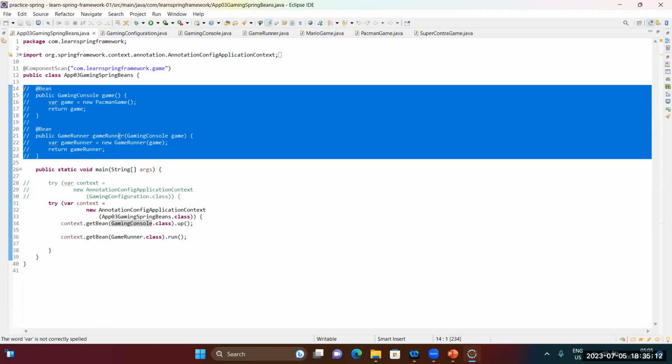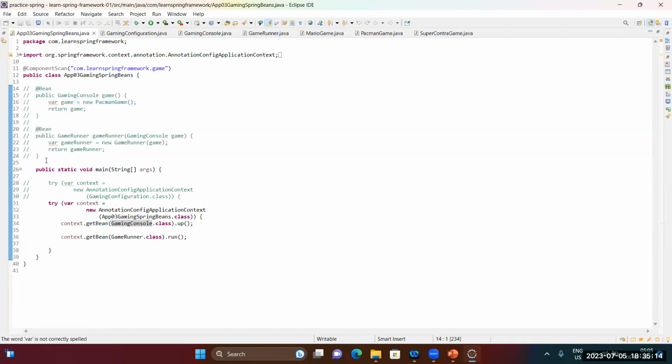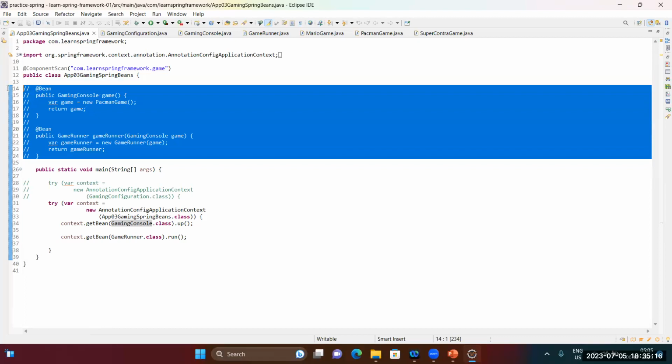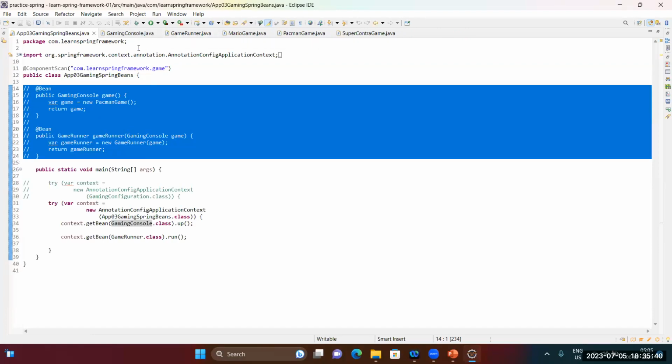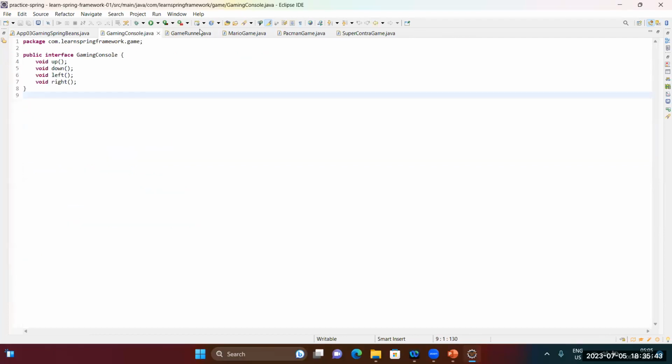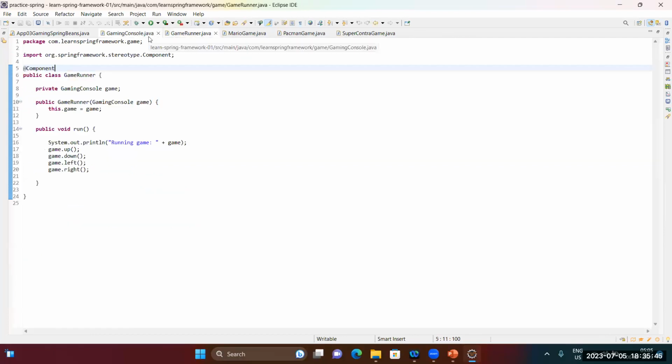For iteration 4, I removed this complete method, and I have done a couple of changes. One is this @Configuration, which is not at all required. So if you go to the gaming console, sorry, the gaming runner,